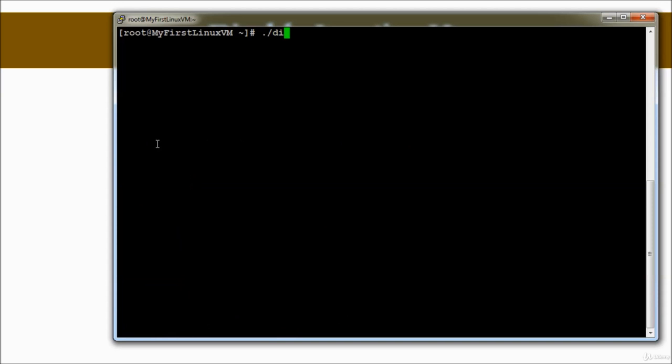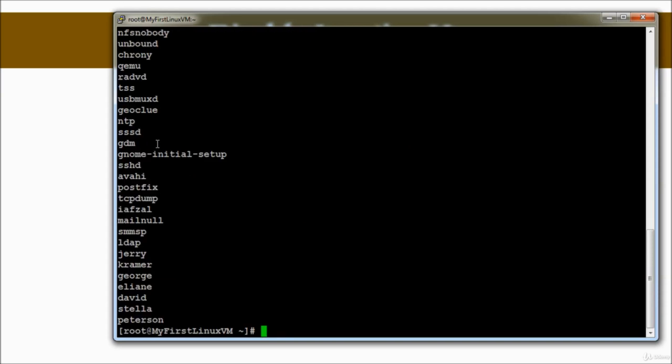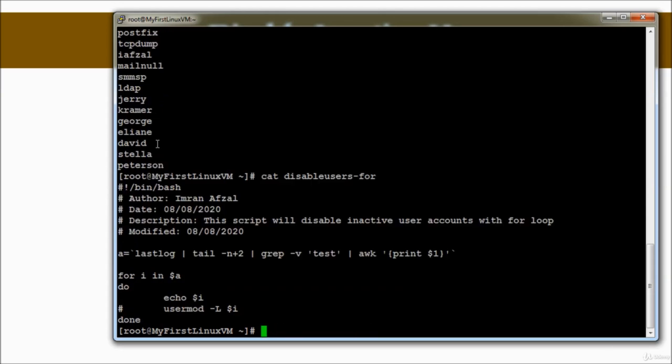Clear the screen, disable users for loop. Okay, so here's a list of all the users that have not been logged in, but it's still not correct because I just wanted to grab test, right? So let's take a look at the disable account for,